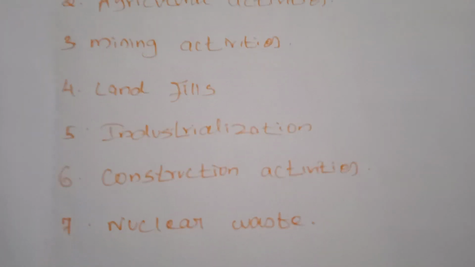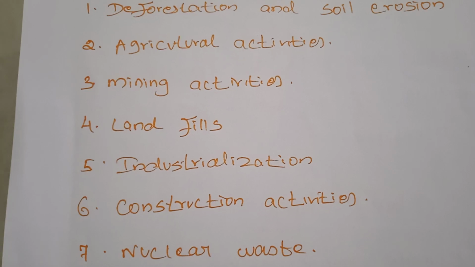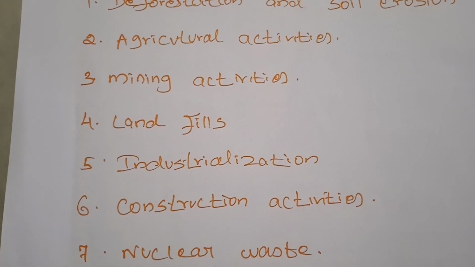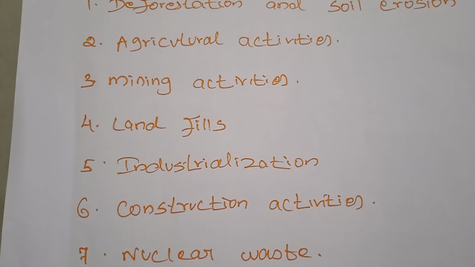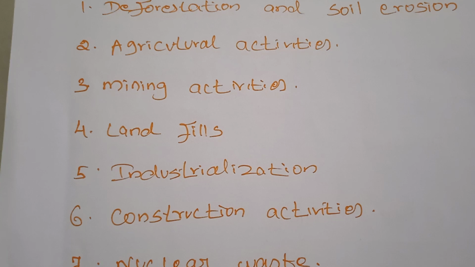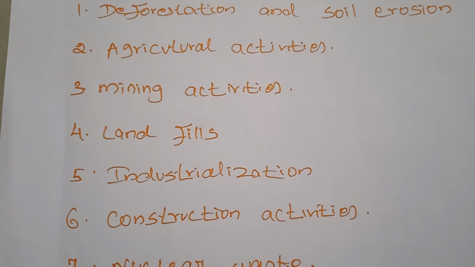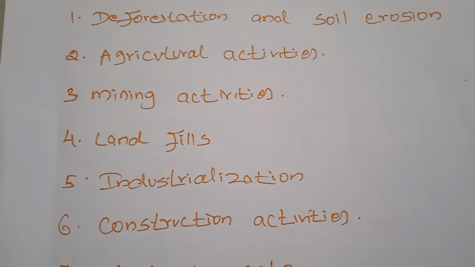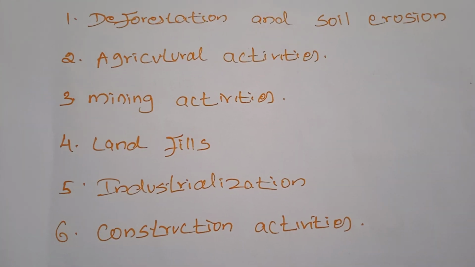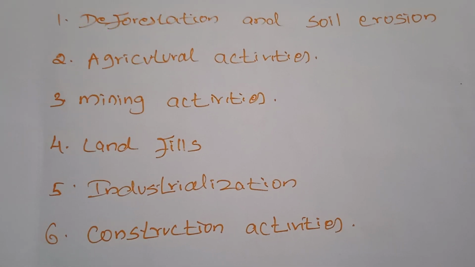Next, landfills. The landfills are also one of the causes of land pollution. Each household produces tons of garbage each year due to the changing economic lifestyle of the people. The garbage like plastic, paper, cloth, wood and hospital waste gets accumulated. The items that cannot be recycled become a part of the landfills that cause land pollution.